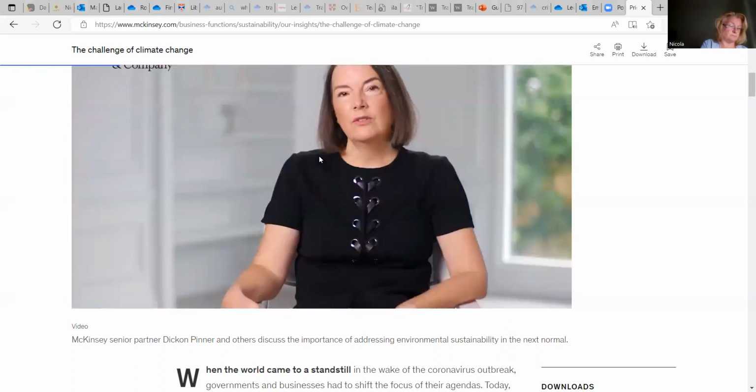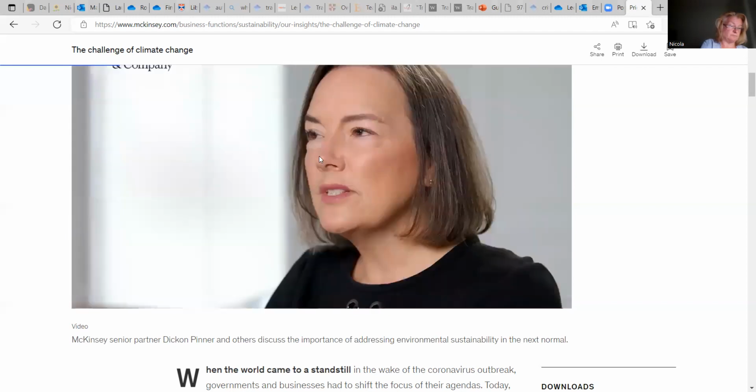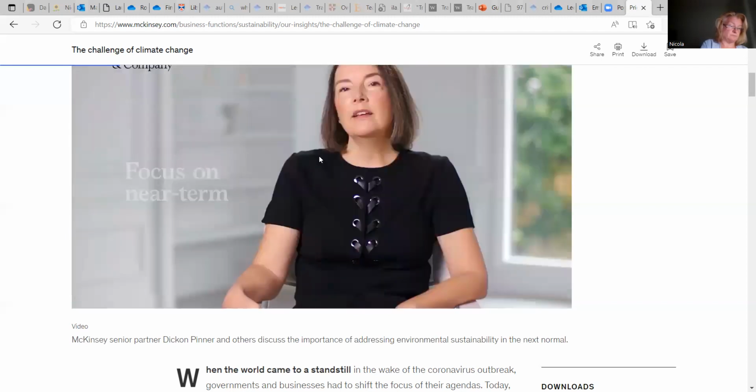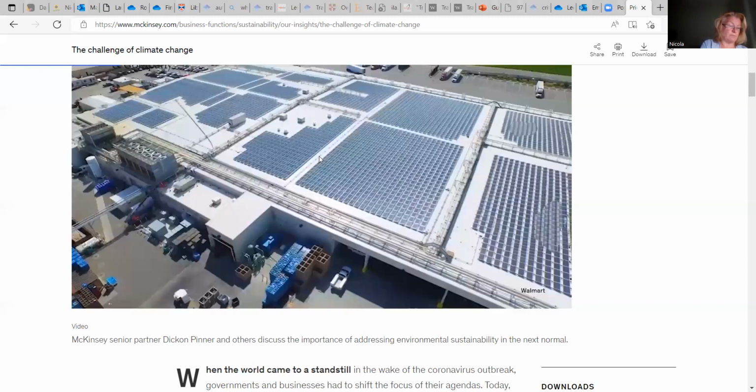The advice I would have for companies that are faced with short-term trade-offs between addressing the pandemic and making progress in sustainability is to focus on the things in the near term and build the capacity and innovate to tackle some of the more challenging things that you know are going to create value in the long term.